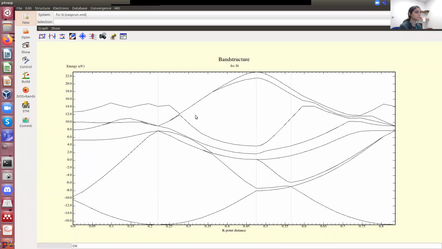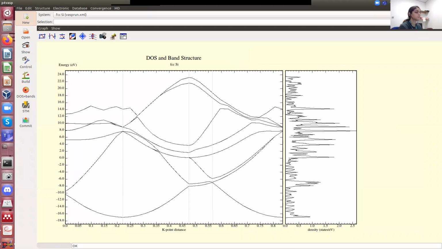And remember, the density of states is just, let's say, the density of lines of this band structure. So whenever you have more density of states, it's because you have many more bands, and each band is where the electron can stay. And the Fermi level here is at 0. So it has been set to 0 for the Fermi level.